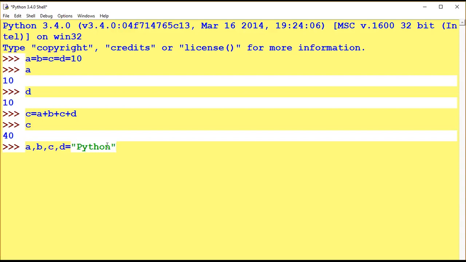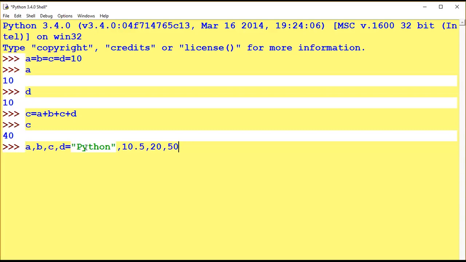Now separating with a comma, B equal 10.5, that is holding a float value, comma C equal 20, it is holding a number, and D equal I am assigning any numeric value. So this is called multiple variables in a single line with multiple values.